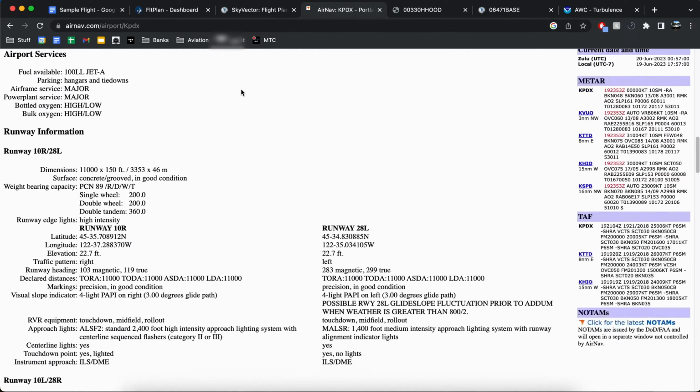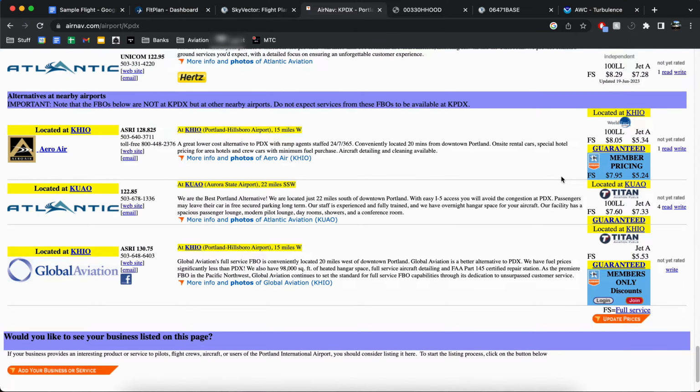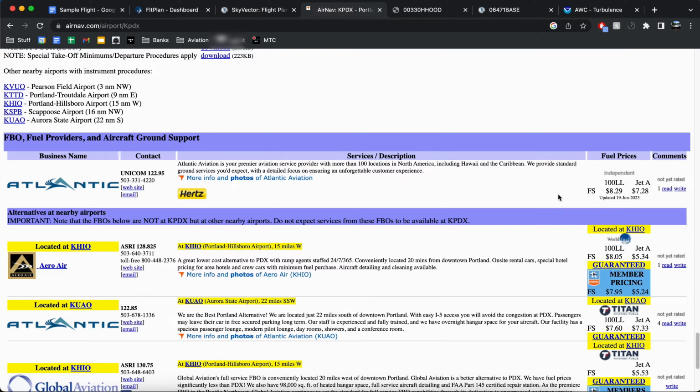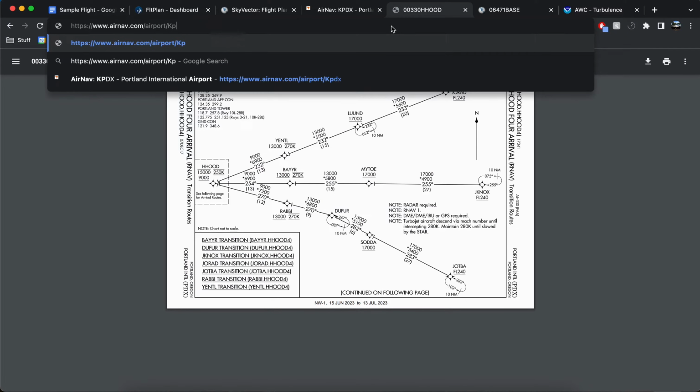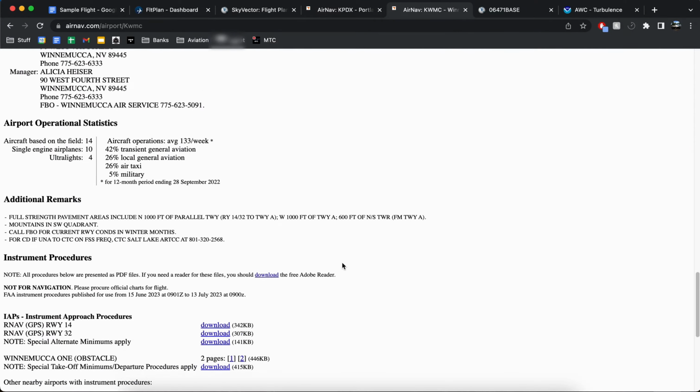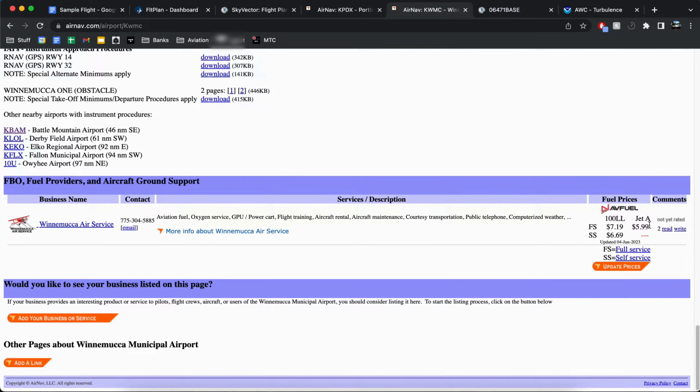Let's see. Okay, so Portland. We go to the bottom here. We got Atlantic FBO. Okay, so here, Jet A is $7.28 at Atlantic in Portland, whereas Winnemucca, it's showing $5.99. I'm not too familiar with what kind of taxes Nevada has, but